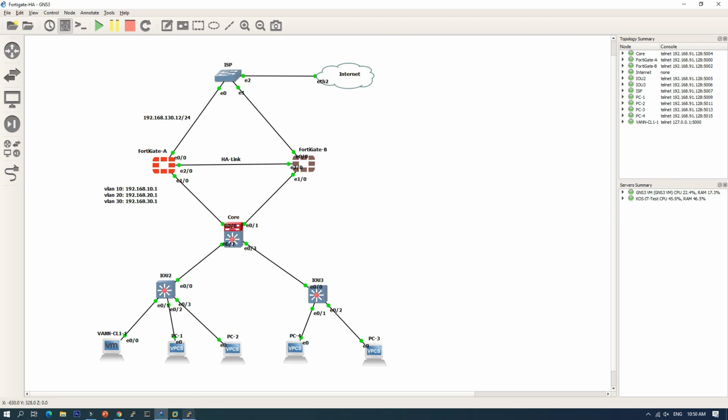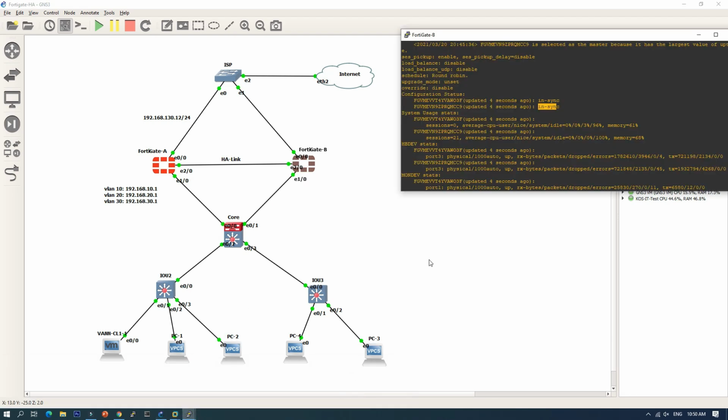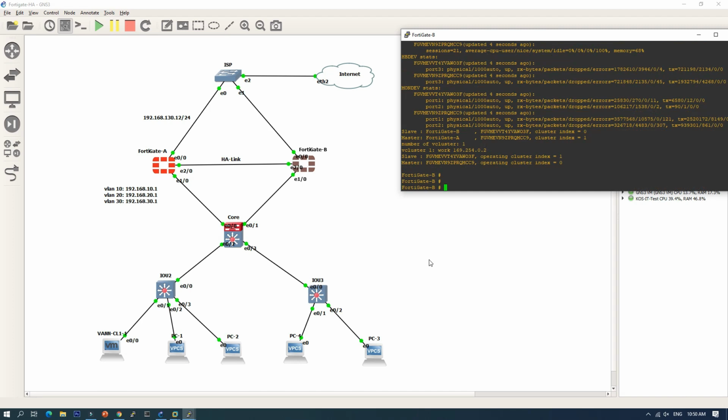Let's go to FortiGate B and check some configuration.